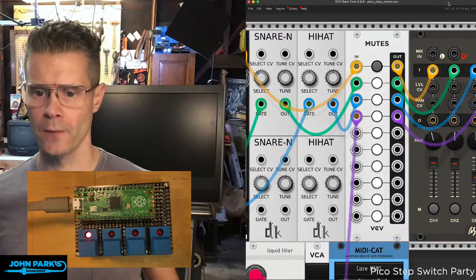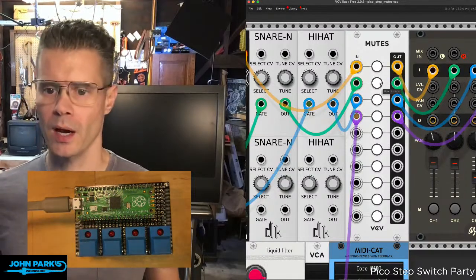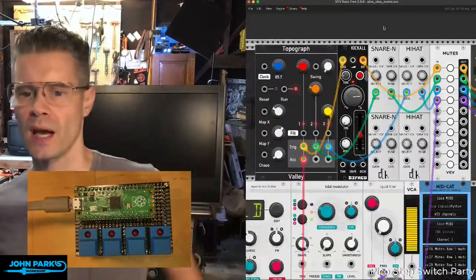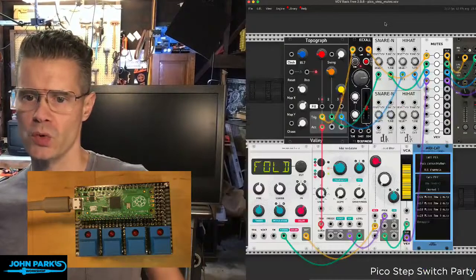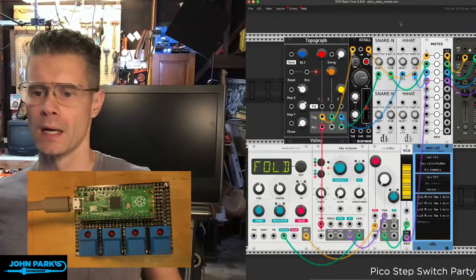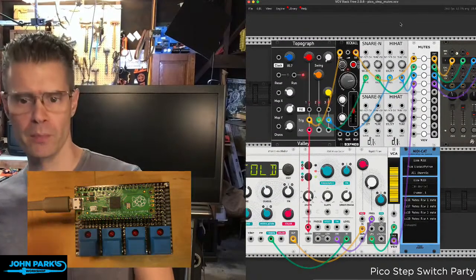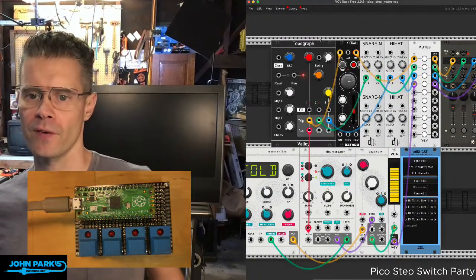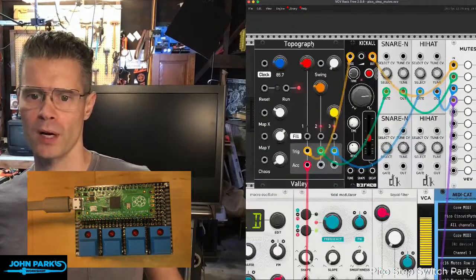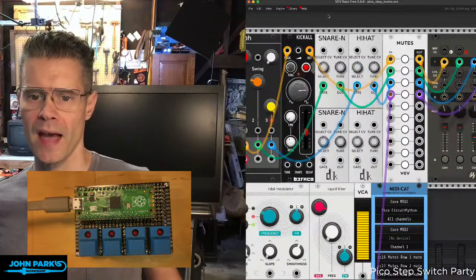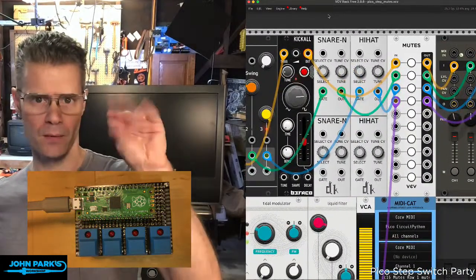different drum tracks here. The way this is set up, if you're interested, and this will carry through to any of the virtual modular synths, or if you were doing this sort of thing with real modules and a MIDI to CV conversion off of the little Pico here. I have essentially a drum trigger. That's this one called Topograph, based on Mutable Instruments Grids, and that is sending out triggers when to pulse the